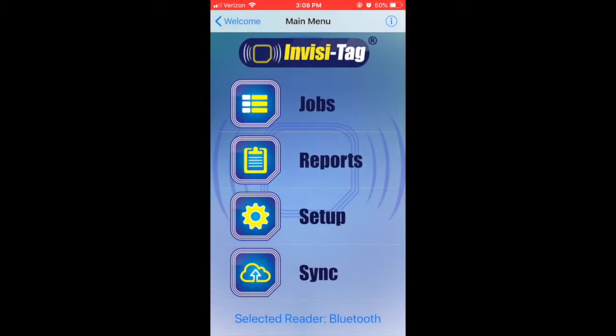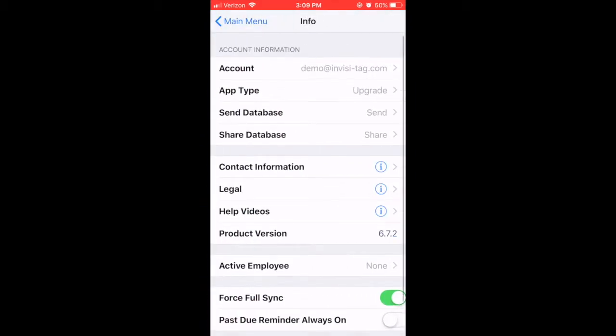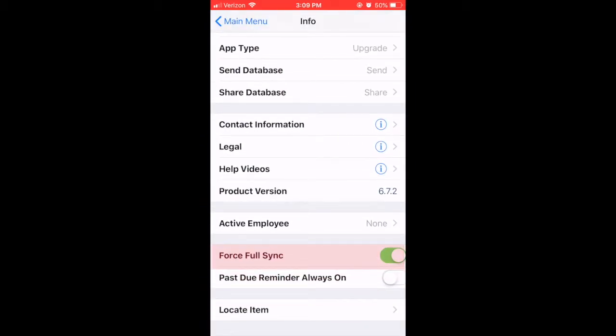Now, if you sync and you notice all of your information isn't going through, then on an Apple device, you're going to go to the Info button up in the top right-hand corner. But on an Android, there's going to be a little wrench icon in the lower right-hand corner. So I'm going to click Info, and then go down to Forceful Sync and make sure that that is turned